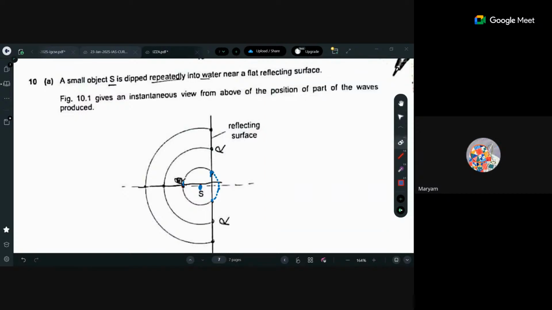Sir, but that's not the reflected one, right? The one that he showed? Yes, that is the actual one. No, it's the actual, because in the second part it says draw the reflected portion of each of the three waves. So that means the one he drew reflected was basically